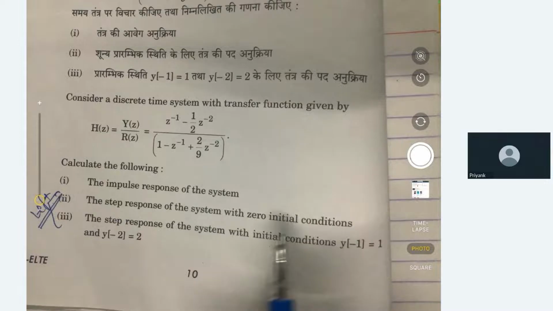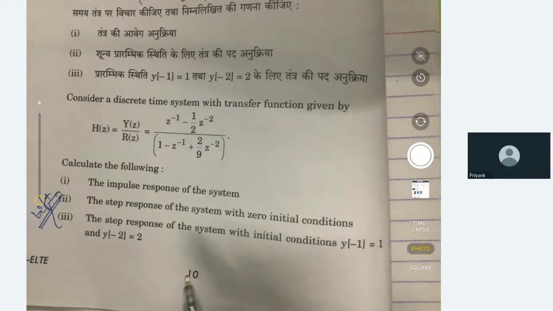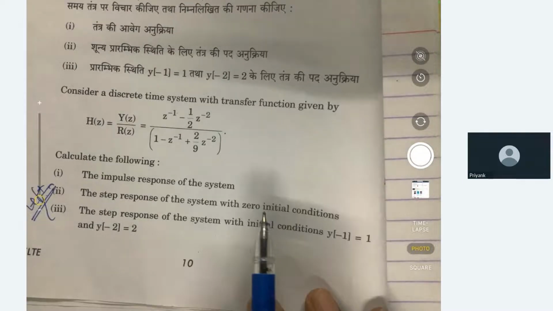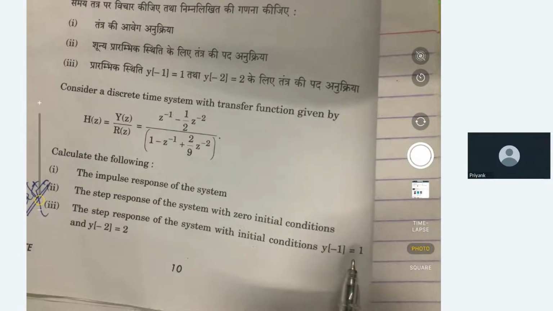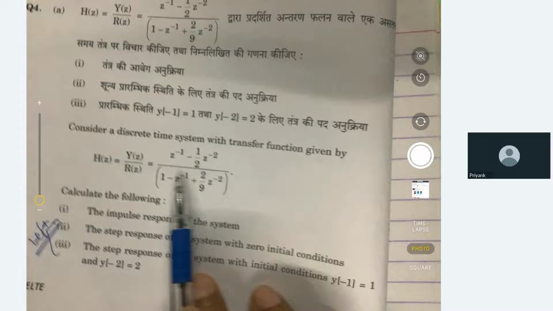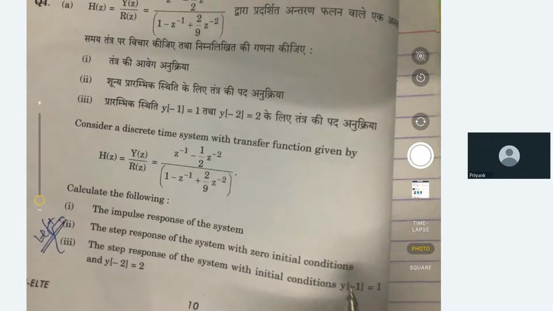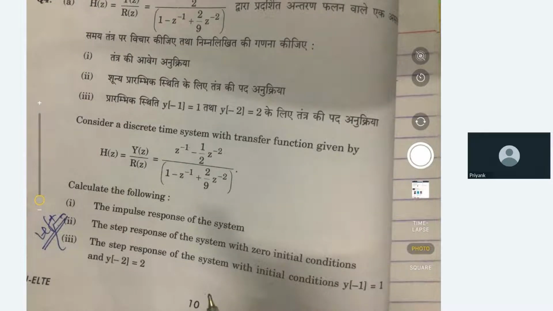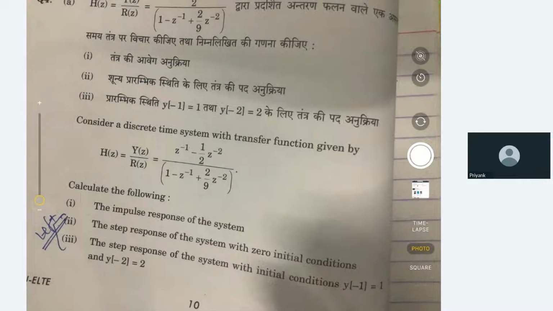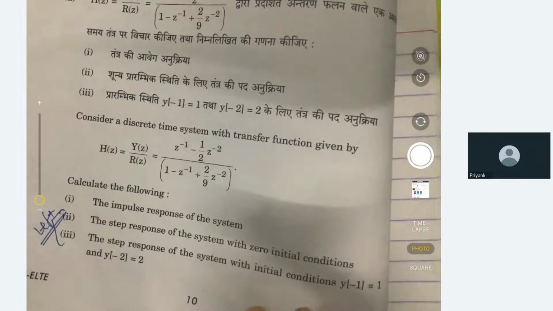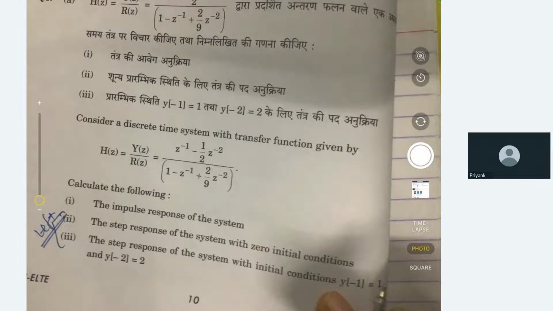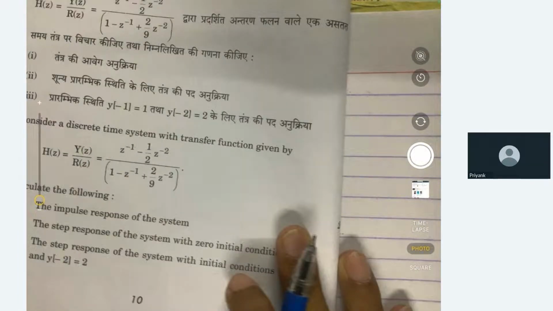So again, we require to find that inverse Z transform by doing partial fractions. And the third part was even more difficult, I found, because they have given the initial condition. So first write this equation in the form of a difference equation, apply these initial conditions, and then find out the inverse Z transform. So for a 20 marker, this question seems like 30-40 marks, because part 3 is itself so big. Earlier this question, part C only, used to come for 20 marks. Now they have written 3 questions in it. Okay, so let's try